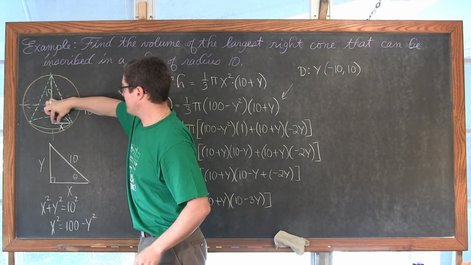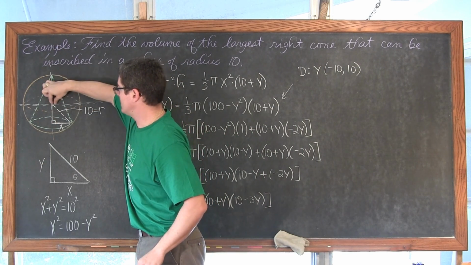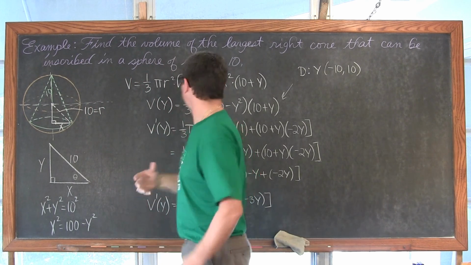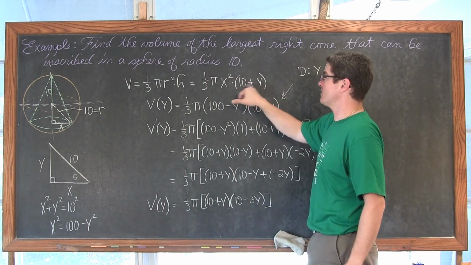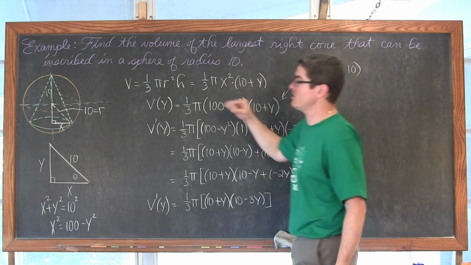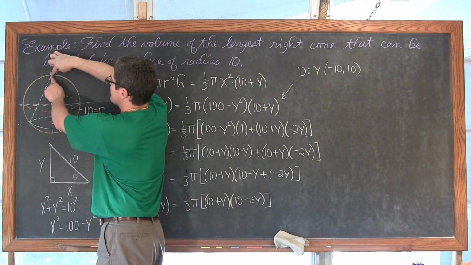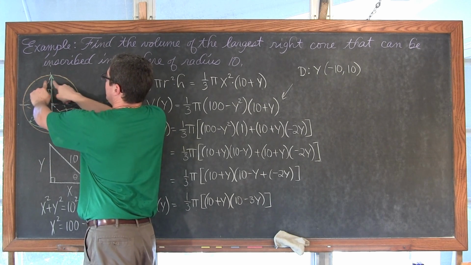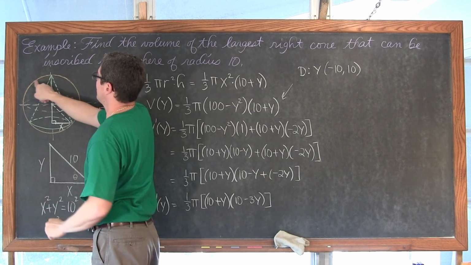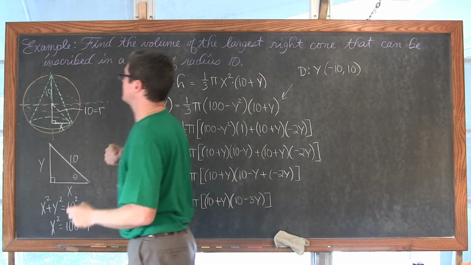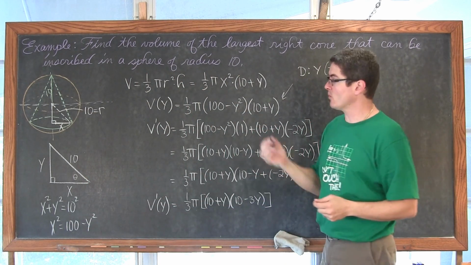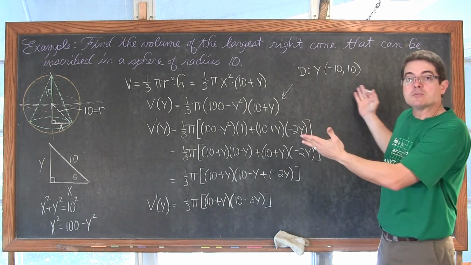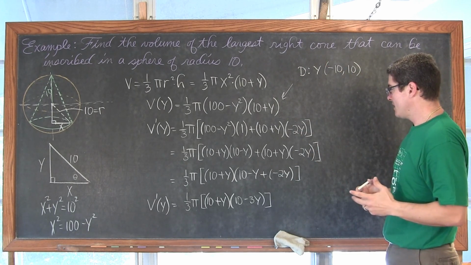if you allow this to go in the opposite direction, could maybe y be -9? Well, if y is -9, then the height of the cone is 10 minus 9, which is equal to 1. So we could just be inscribing a cone that has its top up here and the height of the cone is only 1, and have a pretty shallow cone, probably not a whole lot of volume, inscribed in the sphere way up there. So I'm going to use that as my reasonable domain.